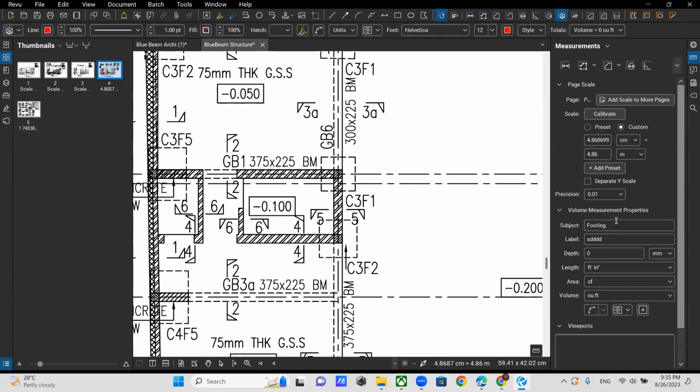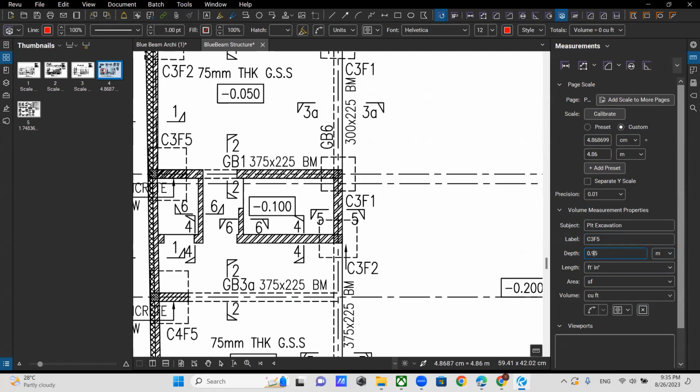I will get this volume, and the subject should be pit excavation. Then the label should be C3F5. Then the depth should be in meters